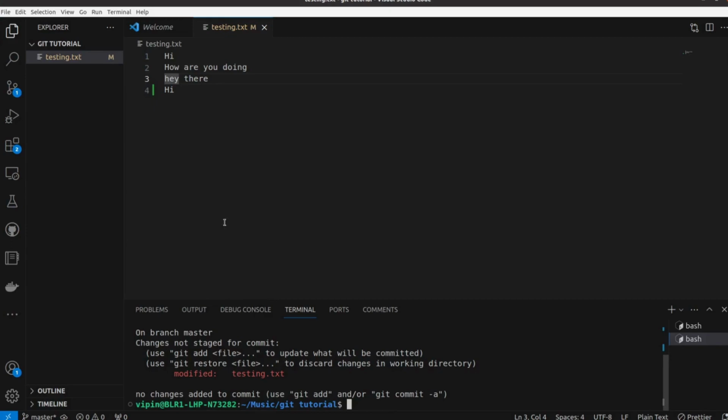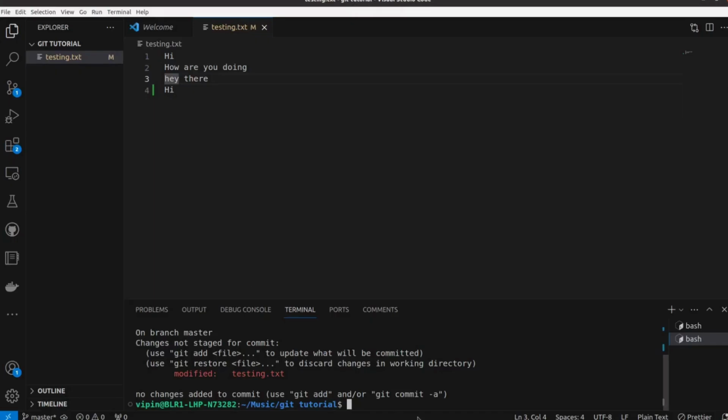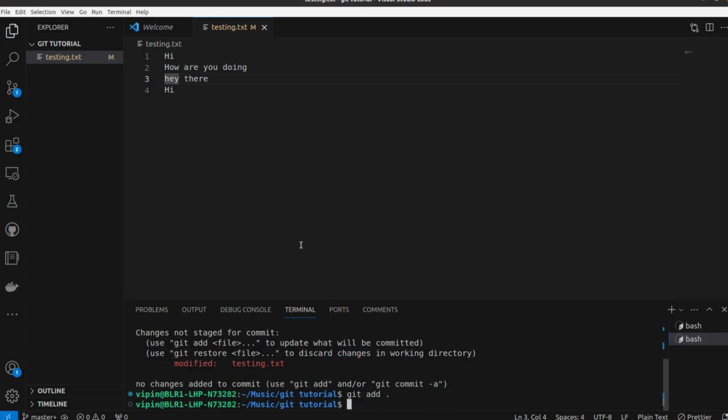So what command do we have now? Let's go back. We have git add, which adds the changes to the staging area. We have written our code, but it's not in the staging area because we have not added it there. We just wrote this code in our local system. Let's run git add dot.